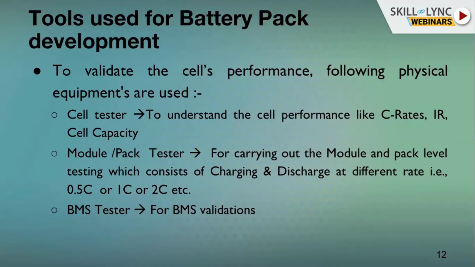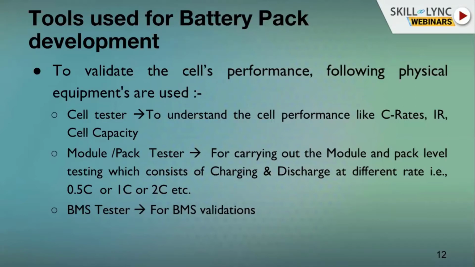The difference is in cell balancing, which is the core job of the BMS. What is cell balancing? For example, if there are 14 cells connected in series to give 48 volts, each cell will have its own characteristics, because all cells are not the same. All cells can never be the same. Each cell will have a tolerance. So the BMS allows the cells to be maintained at the same voltage level.